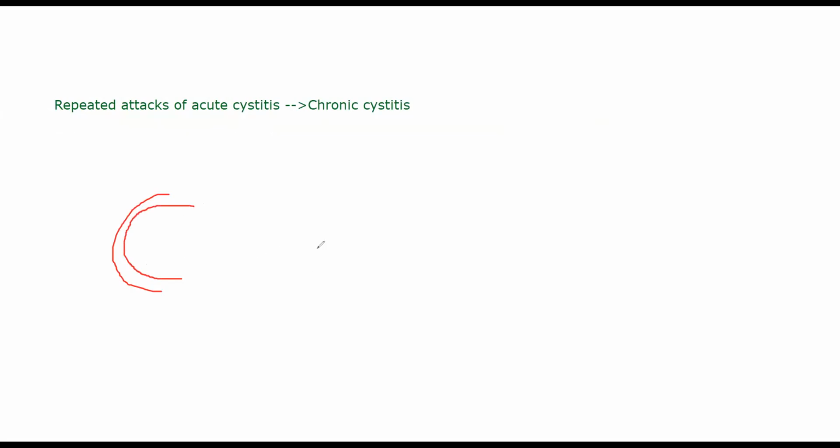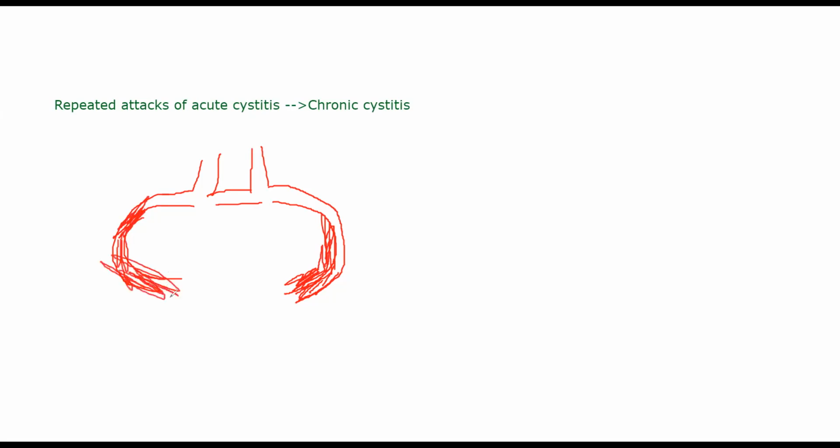What happens in chronic cystitis? The mucosal epithelium will become very thick. It will become red, but there will be granulation. Inside the urinary bladder, it will obviously swell a little bit. Along with swelling, thickening is occurring because of scarring. Whenever we talk about a chronic condition related to inflammation, there was an acute reaction or acute cystitis, so obviously there is a lot of inflammation occurring. The end product of inflammation is scarring. Repair will occur. That will cause permanent thickening of the walls in several regions. The walls are getting thicker and thicker because of fibrosis, and they are not as supple or as flexible as they used to be.